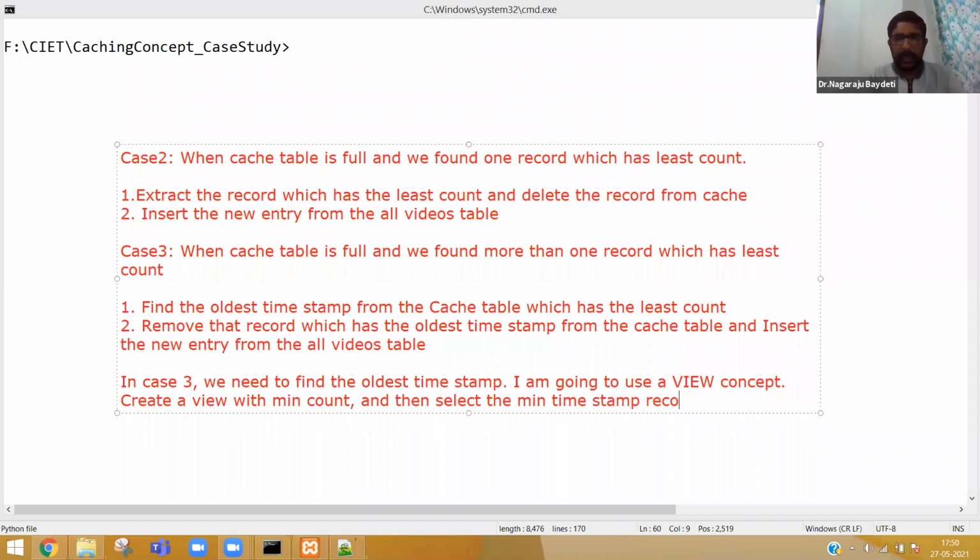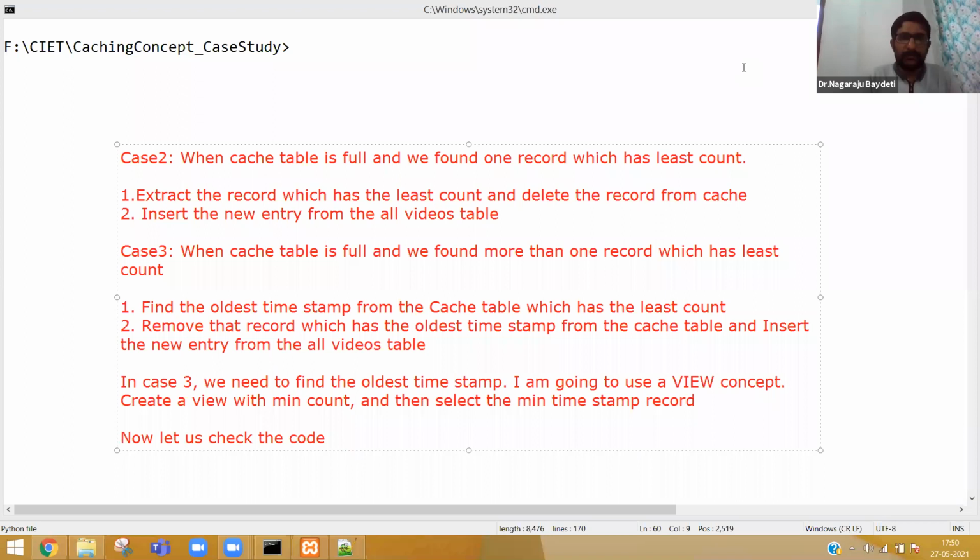That is what I am going to show you: how to create a view, how to select the minimum count. Let us see. Now, let us check the code. So this is the logic.